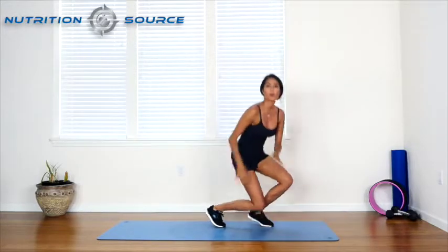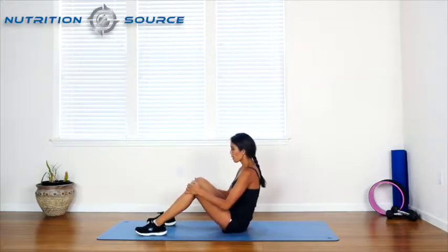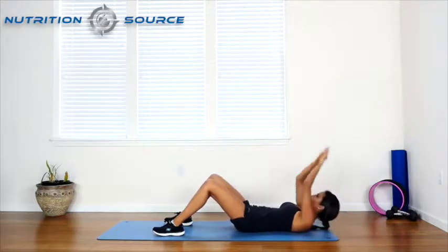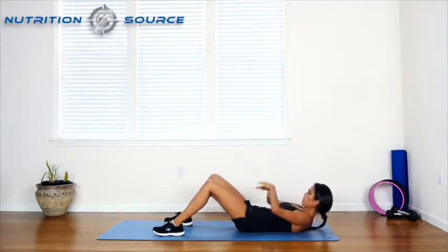So the next movement we're going to do is just a sit-up. And this is another thing that can be difficult, but what we can do is place our feet about shoulder width apart flat on the ground. We're going to come all the way down, bring our hands over our head, and then what we're going to do is slowly or quickly in one motion crunch up using the core, exhaling,